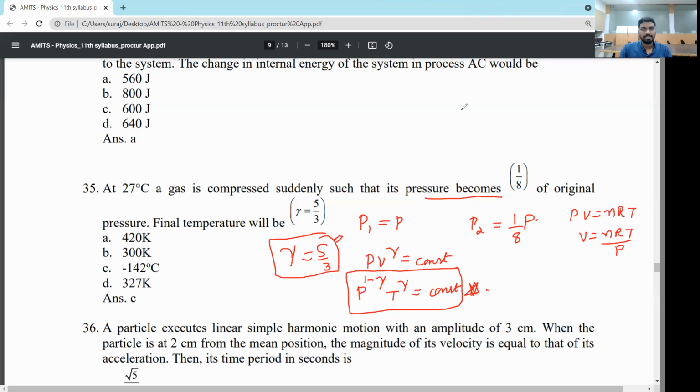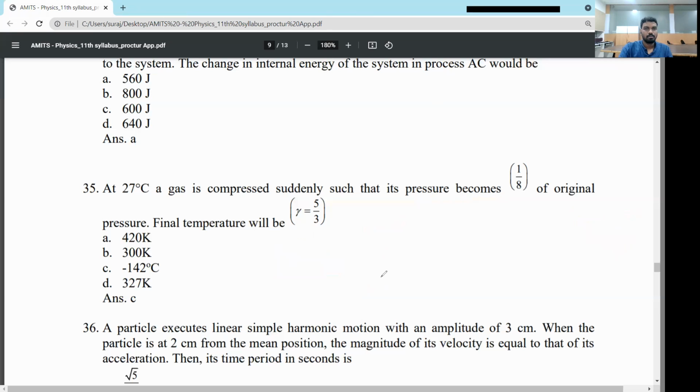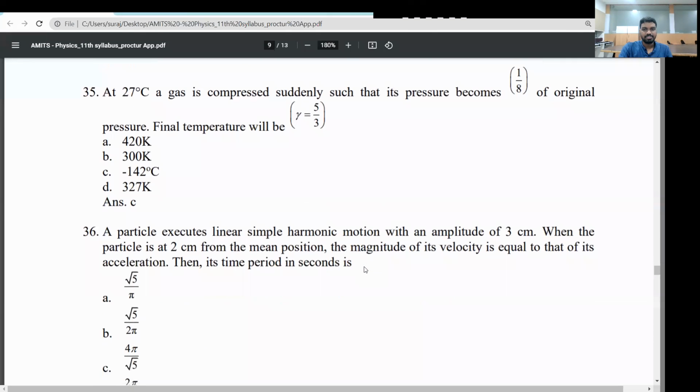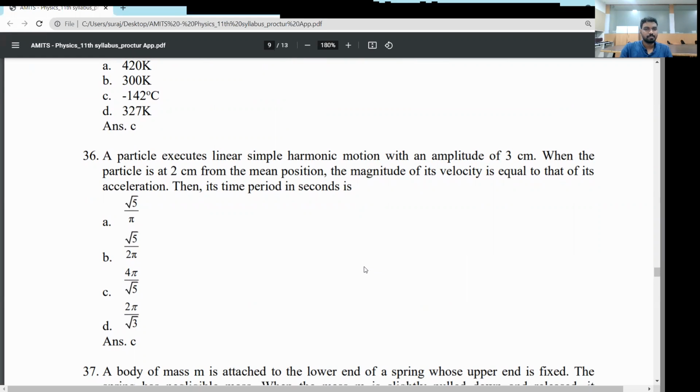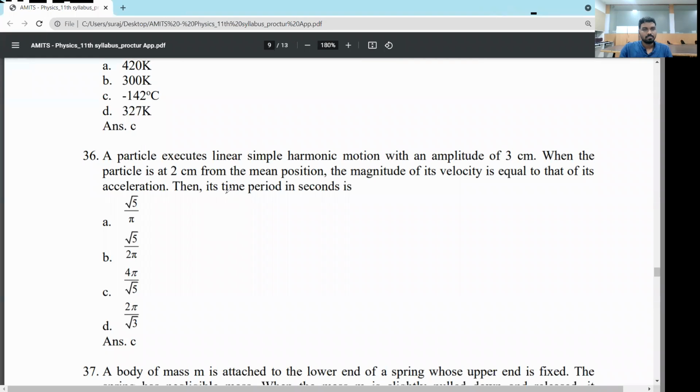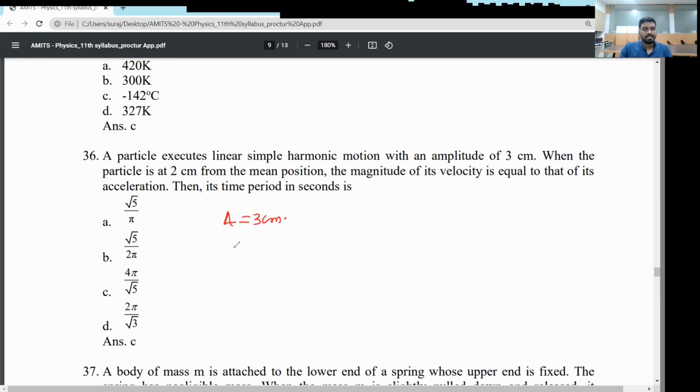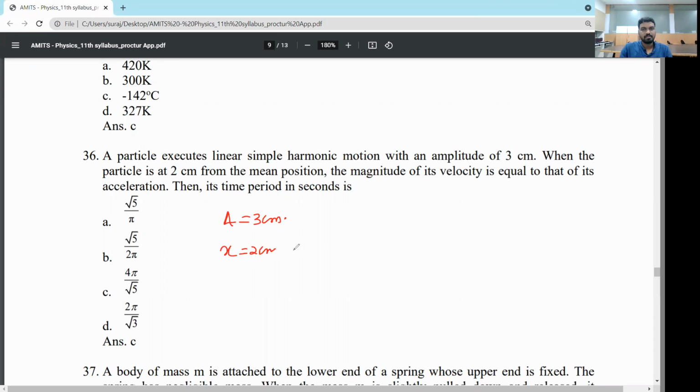Next, question number 36. A particle executes linear SHM with amplitude 3 cm. When the particle is at 2 cm from the mean position, the magnitude of its velocity is equal to that of its acceleration. Then its time period? So amplitude is given as 3 cm. Particle is at x equal to 2 cm. Velocity magnitude is equal to its acceleration. What is velocity magnitude? Omega root over A square